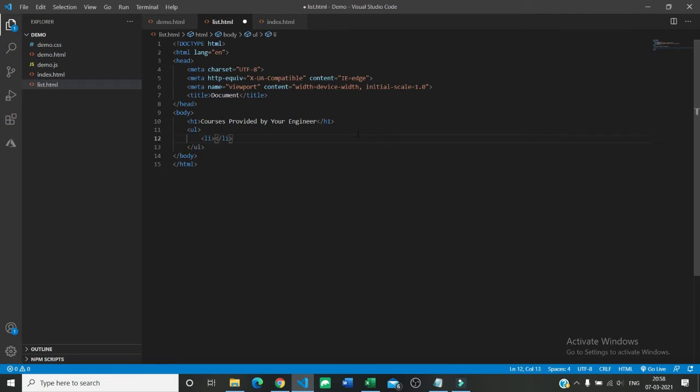So let's say I am going to put JavaScript, React.js, Vue.js, Angular.js.